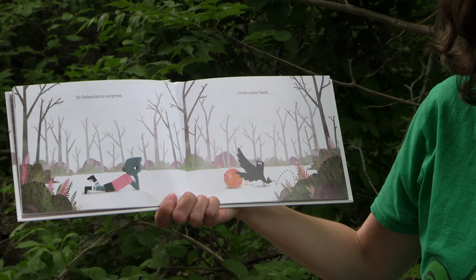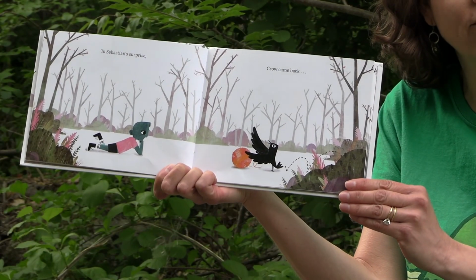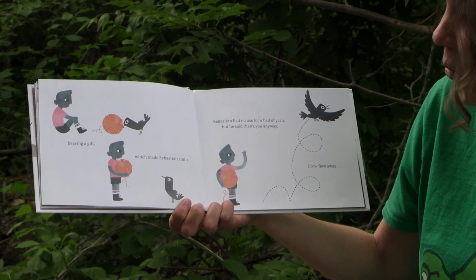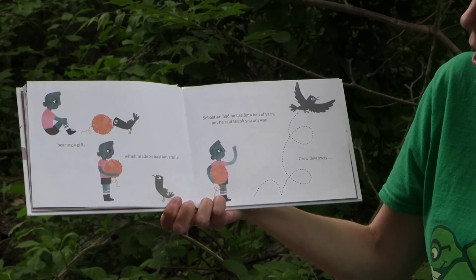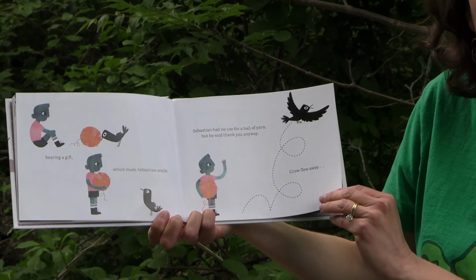To Sebastian's surprise, Crow came back. And what does Crow have? The ball of yarn, bearing a gift, which made Sebastian smile. Sebastian had no use for a ball of yarn, but he said thank you anyway. Crow flew away